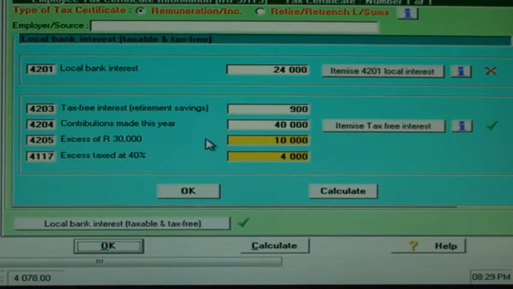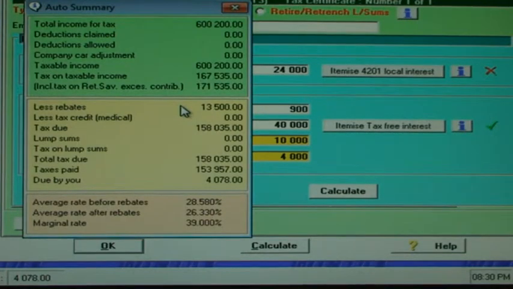If I drag the auto summary window over and show all the bottom line figures, we can see the 600,000 Rand salary plus the 200 Rand taxable portion of the ordinary bank interest makes 600,200 Rand income for tax. As we have no deductions, our taxable income is 600,200, and the tax tables show the tax on our taxable income to be